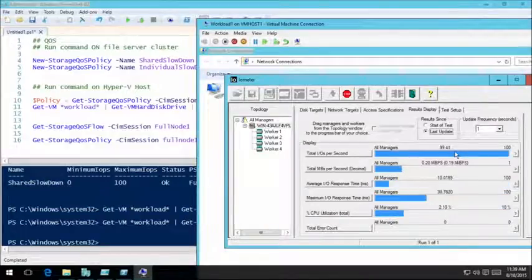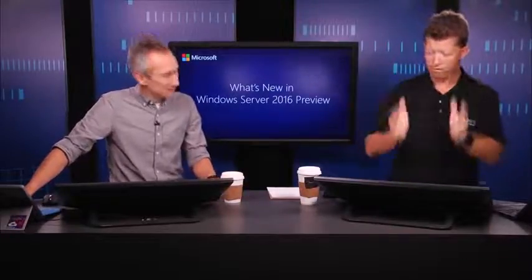So that's the live storage QoS. Again, governed by the file server in cooperation with Hyper-V. Hyper-V enforces the throughput, but it does it based on what the file server tells it it's allowed to do based on the policy and then whoever else is using that policy. You can have as many policies as you want on the file server. You can have a policy for a tenant, a policy for a group of tenants, a policy for an individual VM,